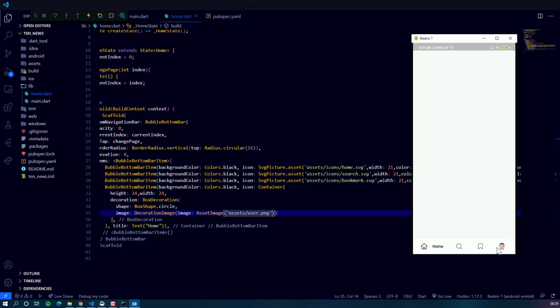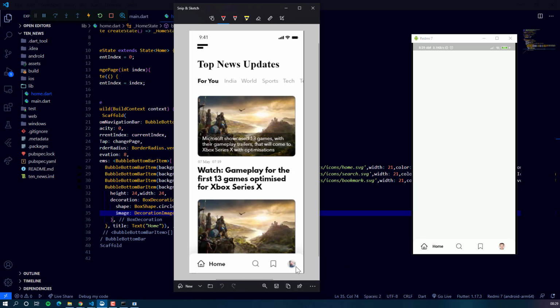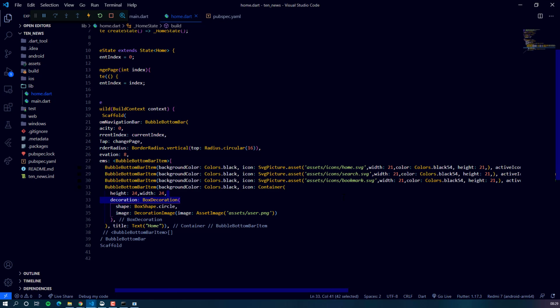Now as you can see here, we have our image, but in the design file we can see there is a shadow behind the image. So to add a shadow, we will add a box shadow in our decoration parameter.